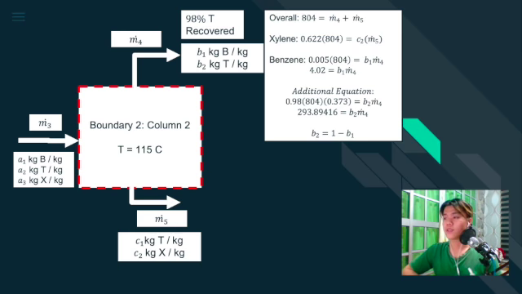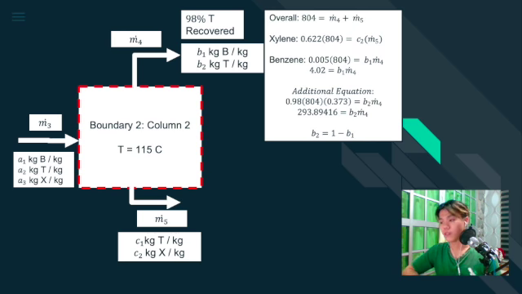So, the first equation is the overall boundary, which is 804 equals m.4 plus m.5. Next is the component balance for xylene, multiplying its component fraction by the mass flow rate: 0.622 multiplied by 804 equals C2 multiplied by m.5. Since it's only involved in m.5, this makes it equation 2. Then, for the component balance of benzene, 5 exponent negative 3 times 804 equals B1 times m.4,